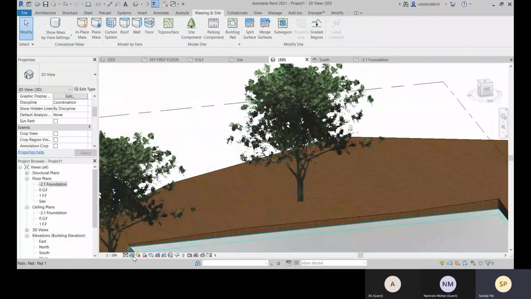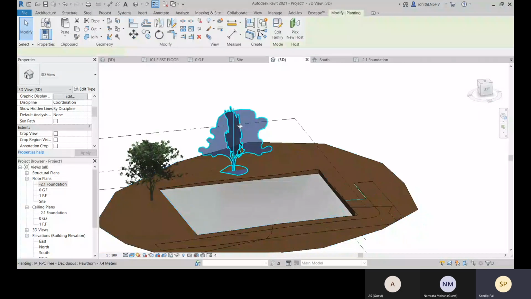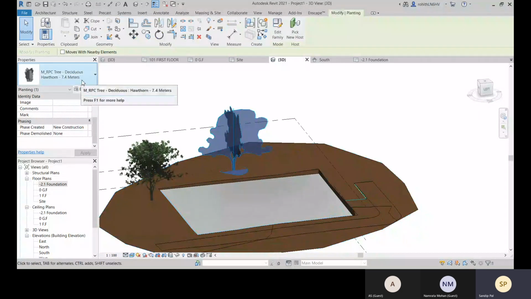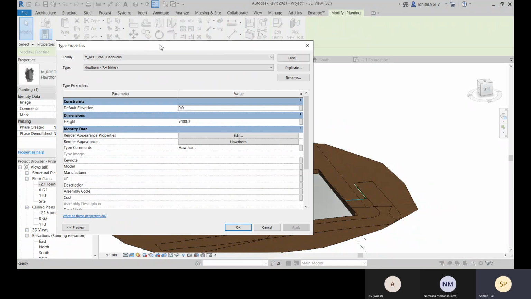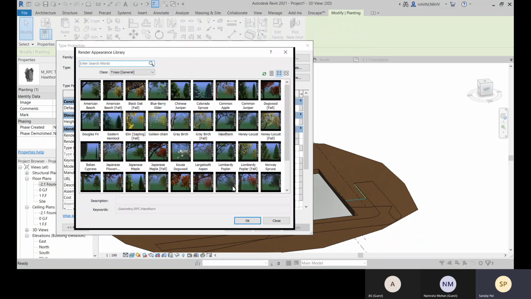Within this realistic, you can change this height, change the type, and within this also you can modify the height, and define what the render appearance will be.